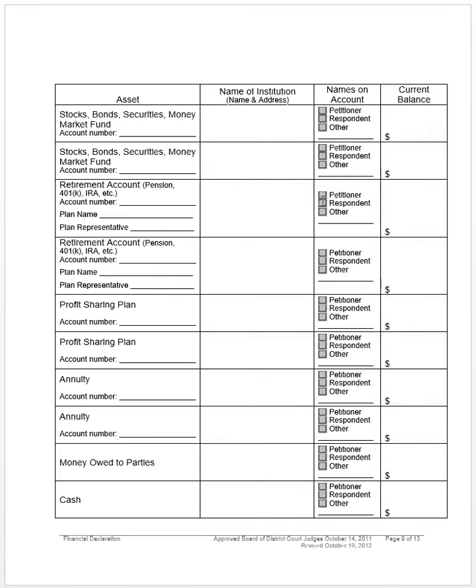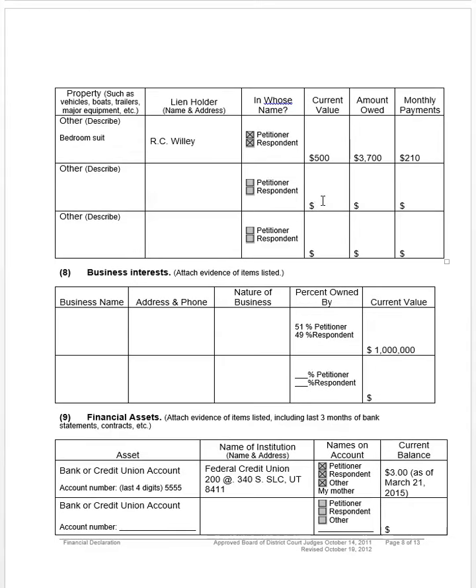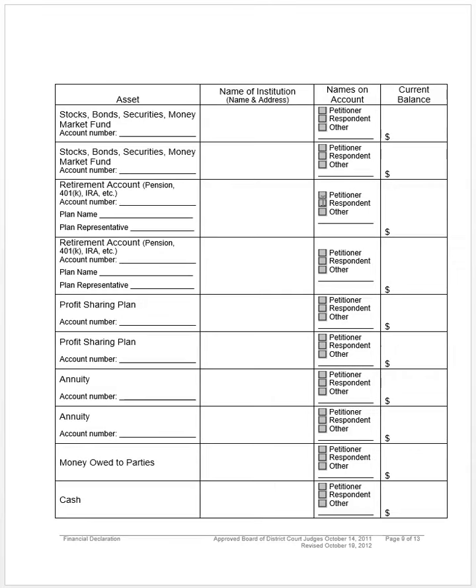Your other assets then in paragraph 9, as you can see, started out with bank or credit card, credit union. If you have only one, you can leave the other one blank. You don't have to fill it out just because it's asking. It's not as though this form is saying it expects you to have multiple bank or credit union accounts. Stocks, bonds, securities, retirement. If you get to retirement, you'll notice it asks for the account number, the plan name,